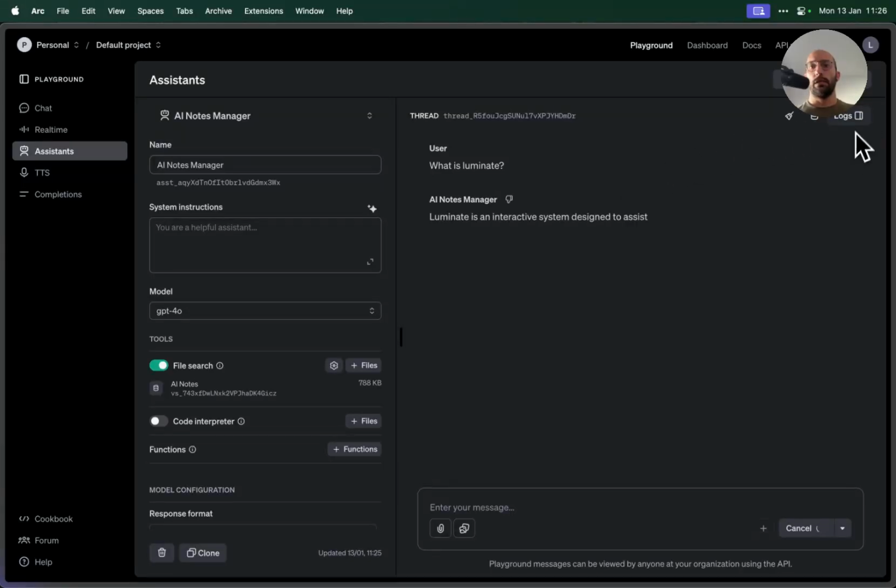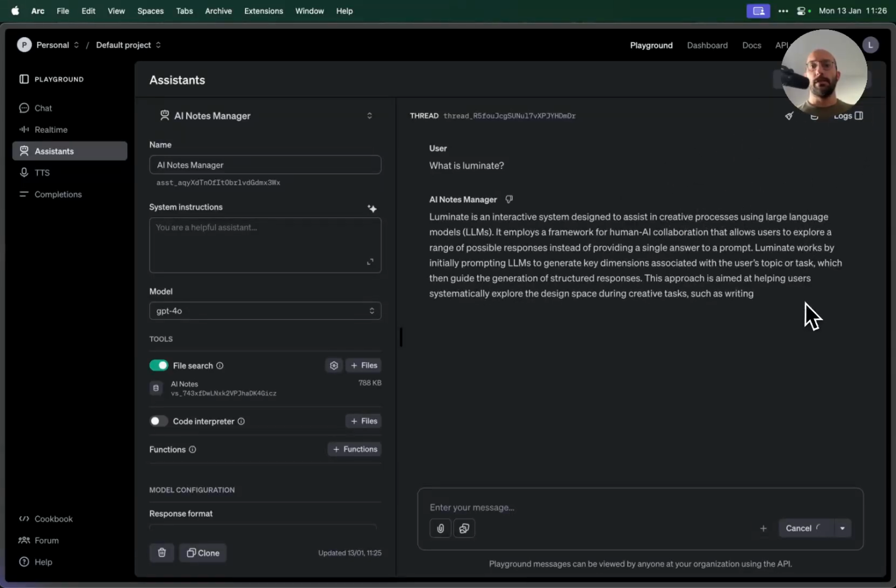And let's take a look, and there you go. It's a system designed to assist in creative process using LLMs. It employs a framework for human AI collaboration that allows you to explore a range of possible... And it used, apparently, according to this little resource here at the end, page one, it used